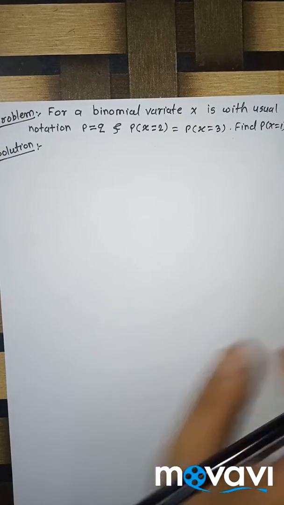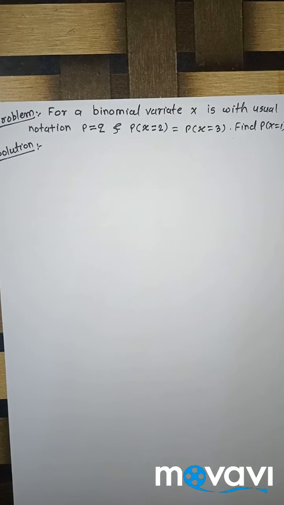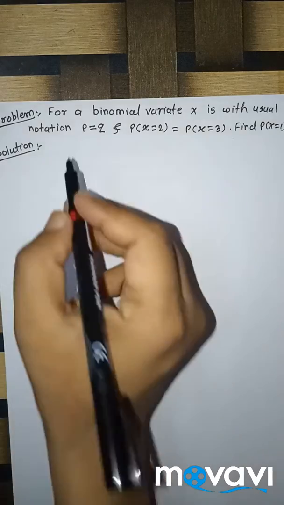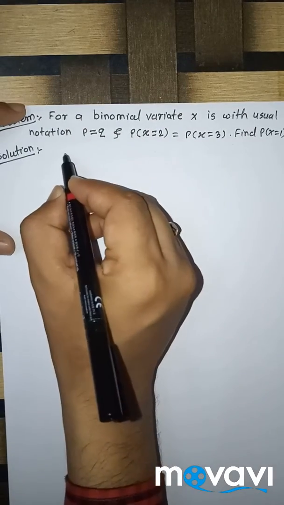For a binomial distribution, where X is with usual notation, p is equal to q, and probability of X equal to 2 is equal to probability of X equal to 3 is given. Find probability of X equal to 1. Solution: given